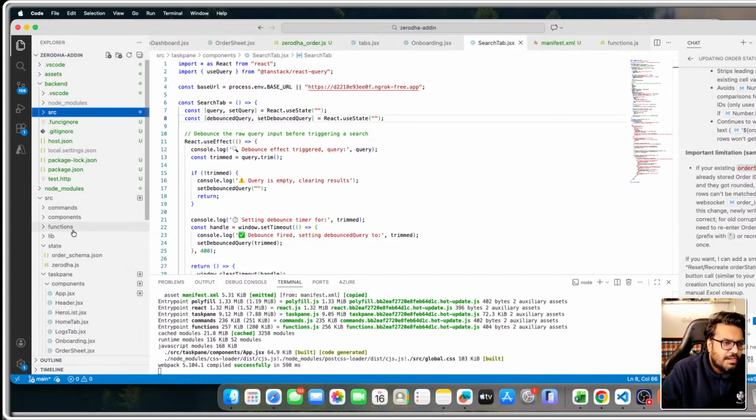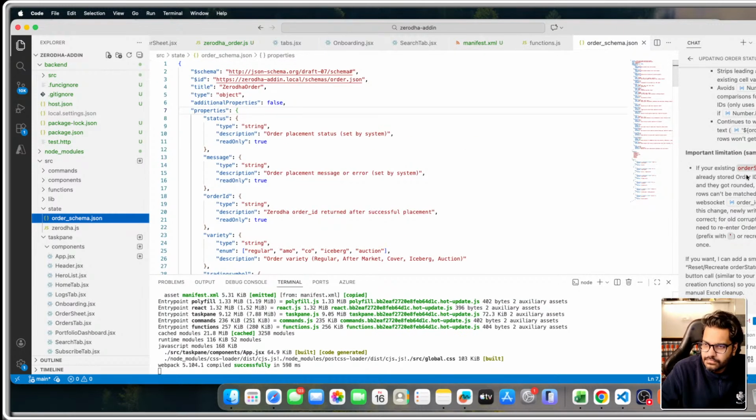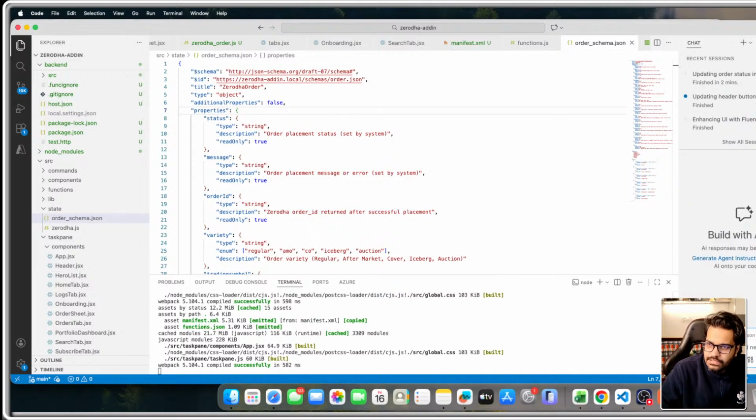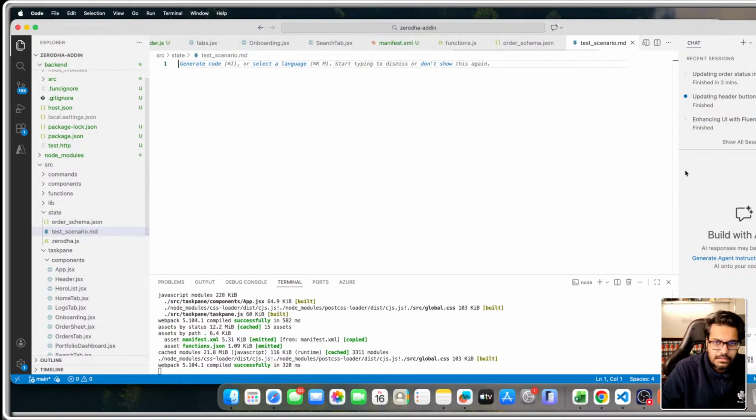So this is our order schema. What I can do is, let's just keep this and create a, okay, just read test scenario.md, create test scenario.md with the